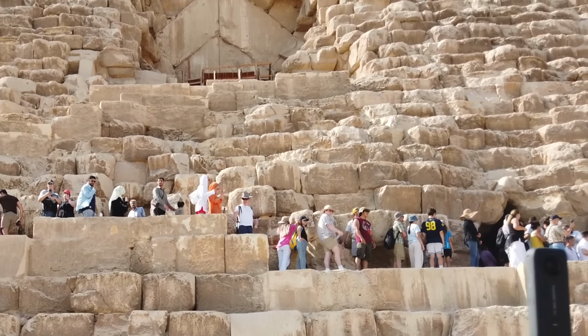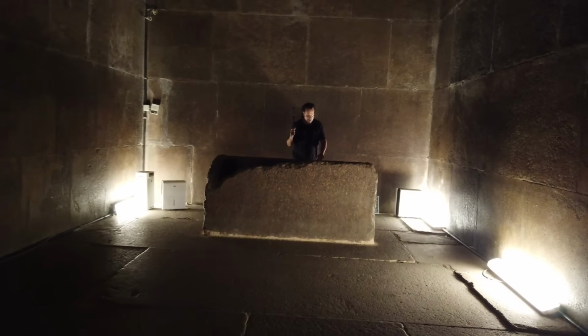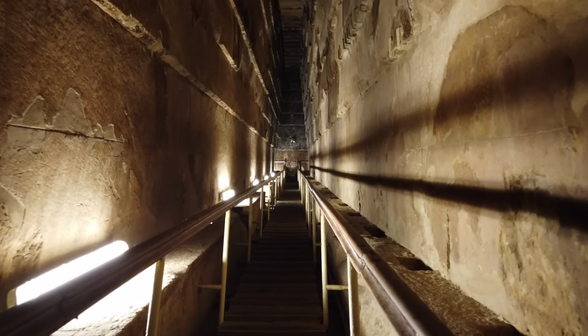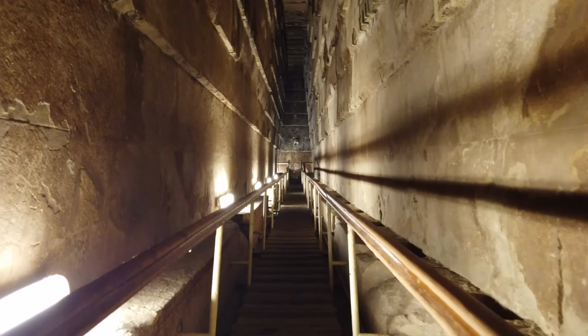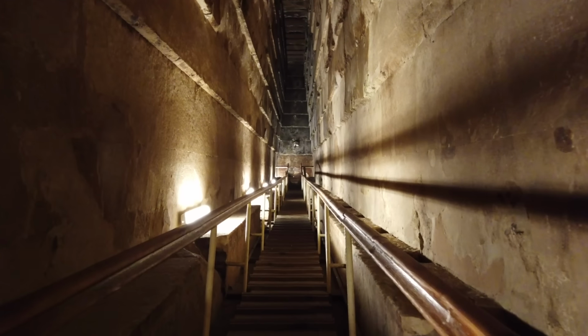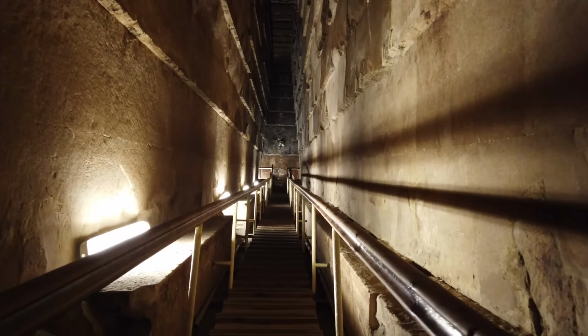Thousands of tourists enter each year, and we can't wait to feast our eyes on the King's Chamber, the beating heart of the Great Pyramid. But to get to this magnificent granite-lined room, each visitor must take the majestic path through the Grand Gallery. Our eyes are drawn to the magnificent corbelled walls and ceiling. The sheer height of the Grand Gallery reflects the grandeur of the greatest structure of the ancient world, filling us